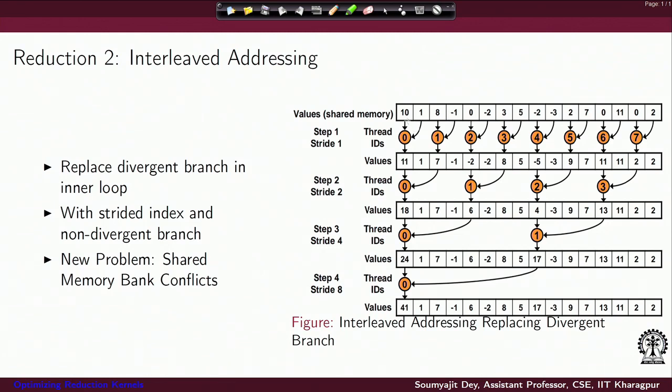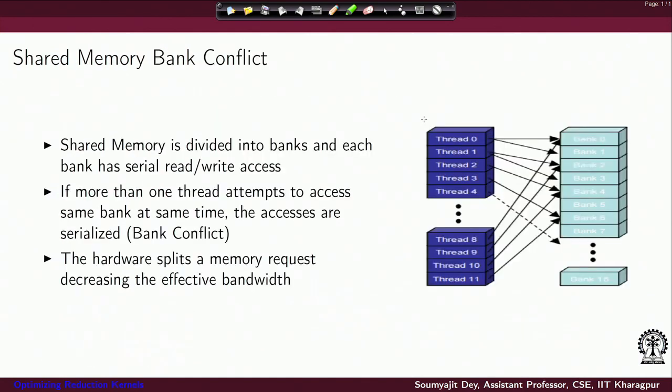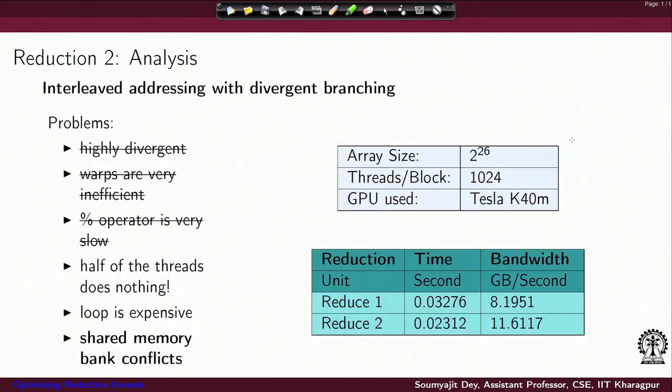which we can look into by studying the access pattern of the threads. Every thread is accessing 2 consecutive values, and this will give rise to a two-way bank conflict for each thread in this example. The solution would be to change the way in which the threads access the corresponding values.